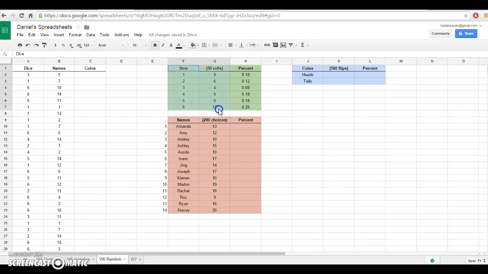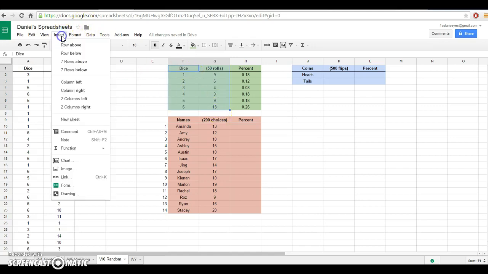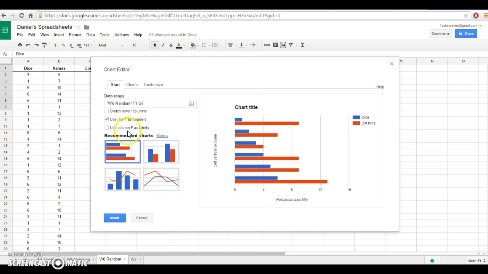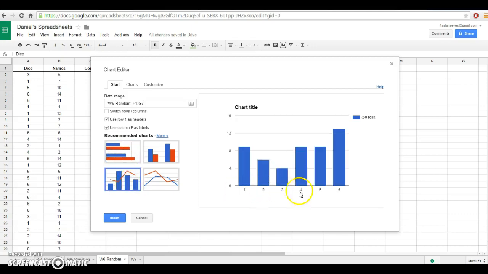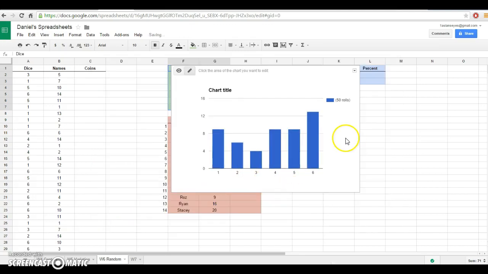This Gorilla Stats Jungle, I'll show you real quick. So I'm selecting these, inserting a chart just like I did before. The only thing I needed to do was use column F as labels, and typically we want these on the x-axis. So here I have, I'm going to insert this chart,